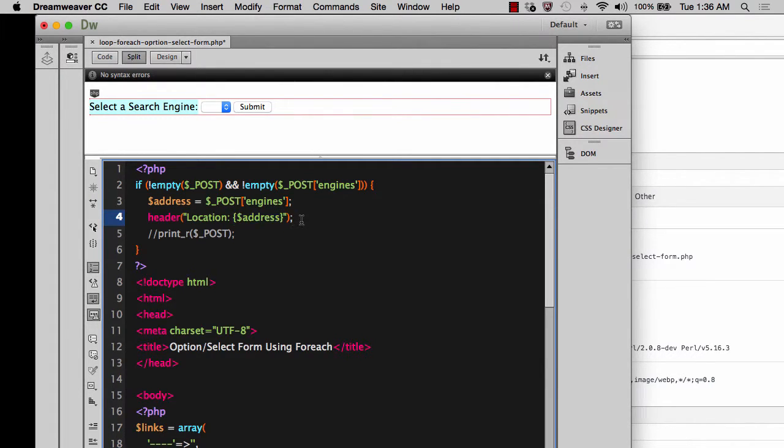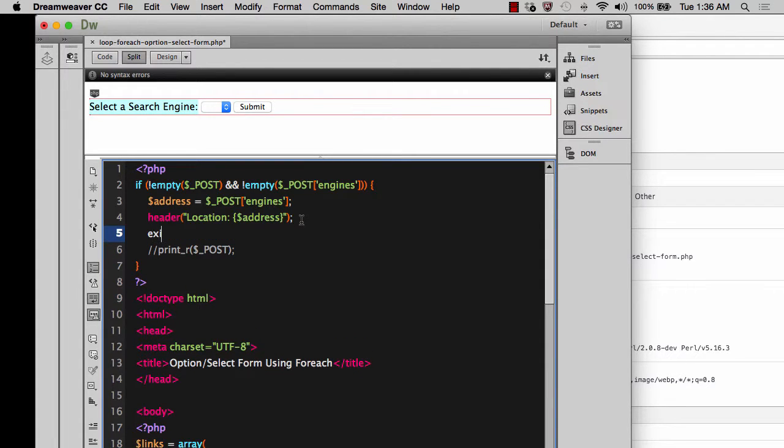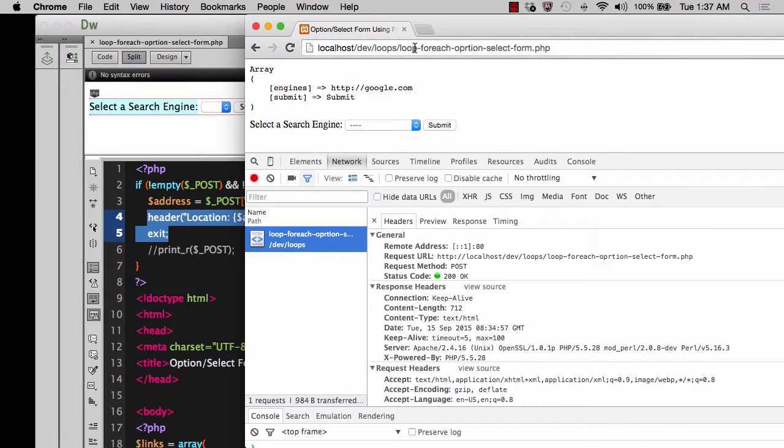and then on the very next line I need to do something. I need to exit. All right, so because it's a header, I need to make sure that the page properly exits so that it can move on to the new page where we're about to send it. Okay, this is really important, and you have to have the syntax correct. So I'm going to hit save here, and we're going to go back over here,